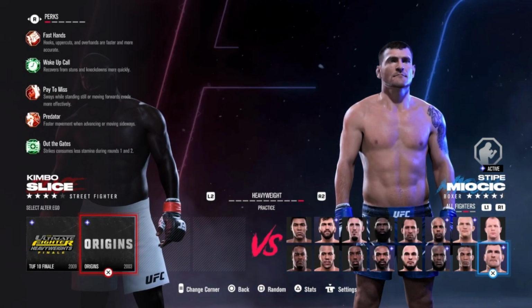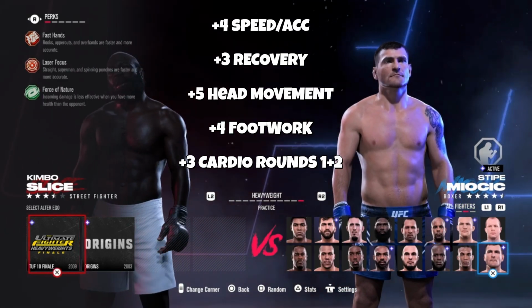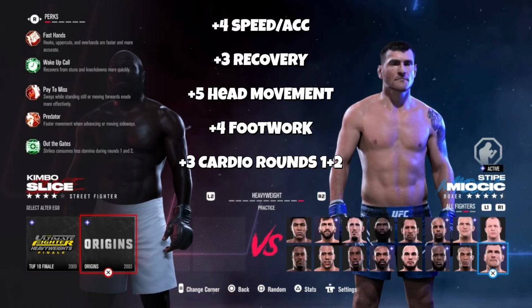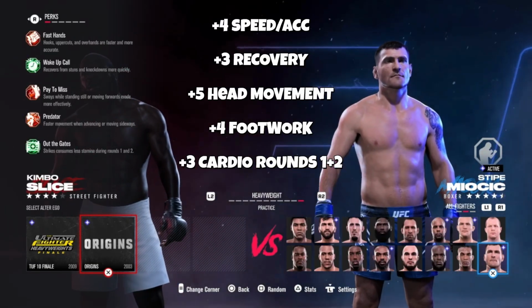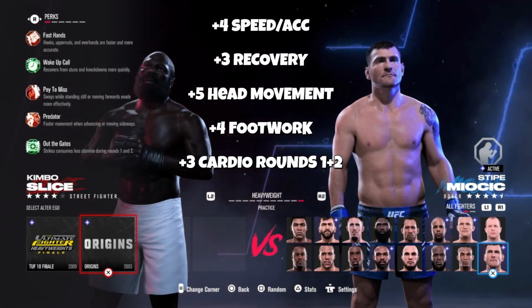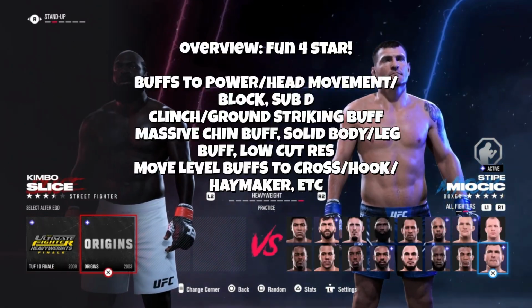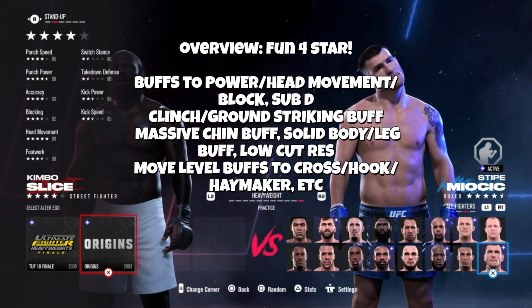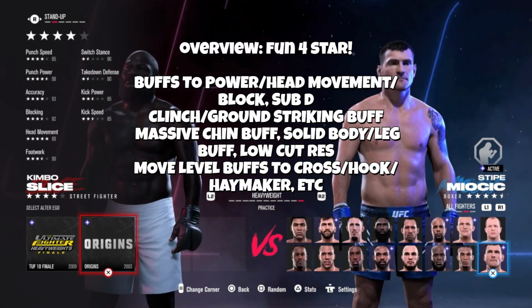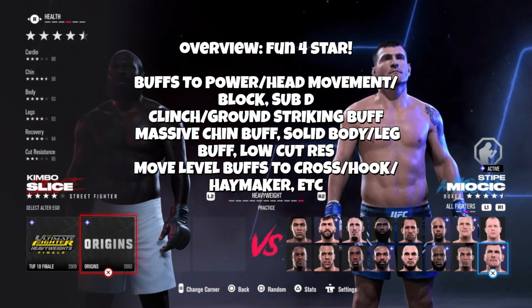So this Kimbo actually ended up getting 2 more perks, ended up losing Force of Nature, but ended up getting Wake Up Call, and we're going to put on the screen the overlays for what each stat does for this new version of Kimbo Slice. But I'd like to say that there's been a lot of good improvements here, especially in the power department, blocking department, head movement. Well, yeah, 1 point difference, but good enough to where he's actually going to be a viable